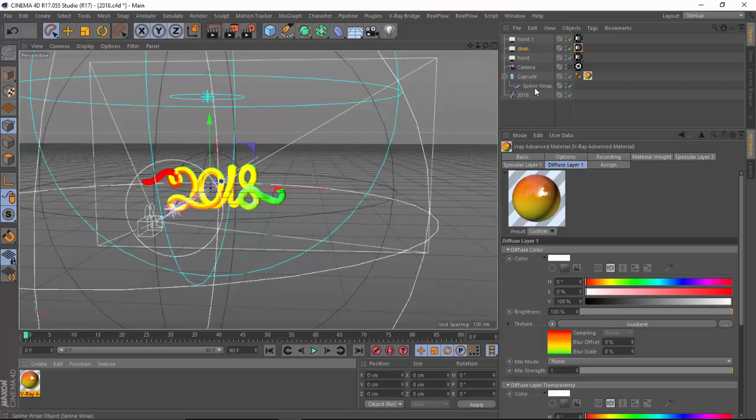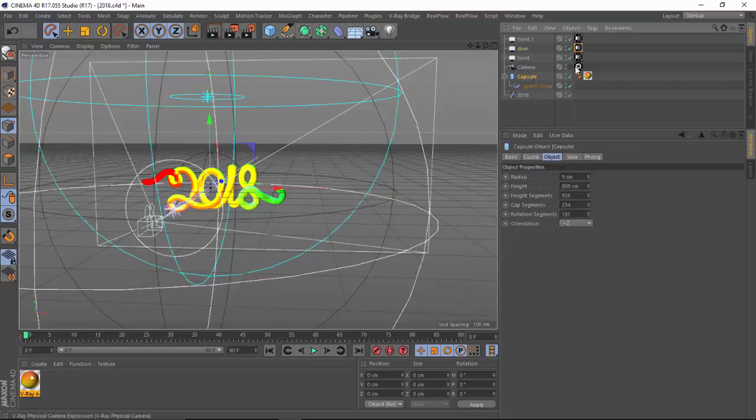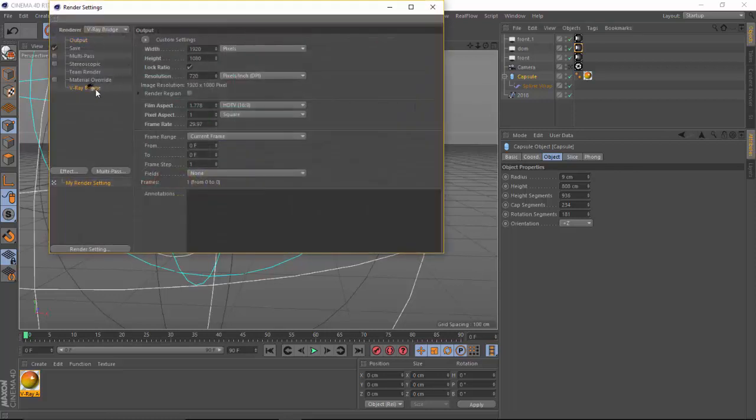The spline wrap is just a deformer, and your 2018 is just a spline, so you can't see it. The only thing you can see is your capsule. All right, so the next thing I did was to set up my render setting here. So I made the V-Ray Bridge,